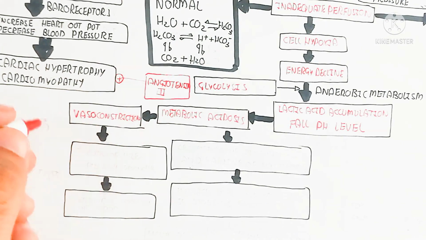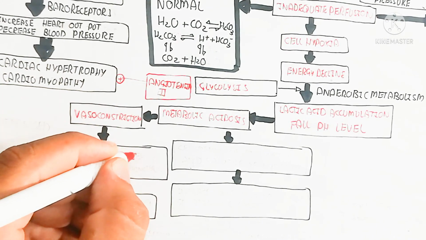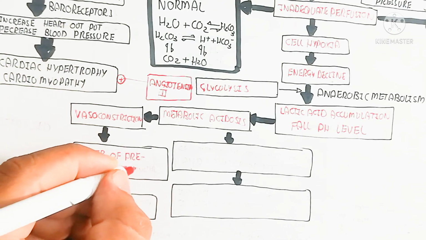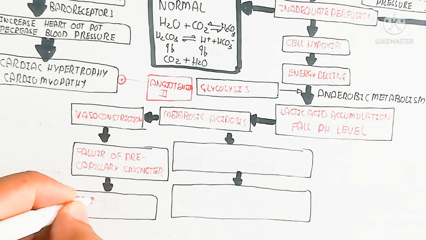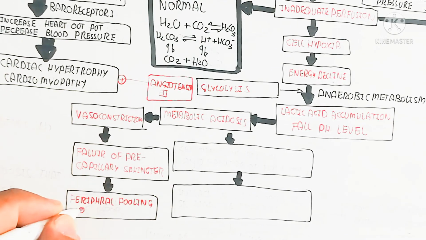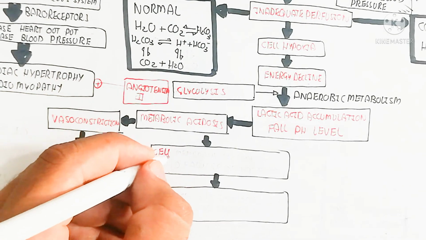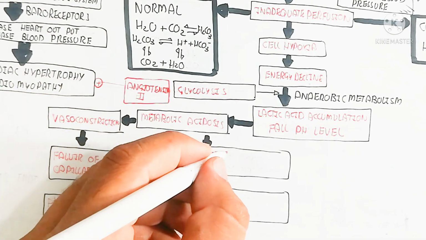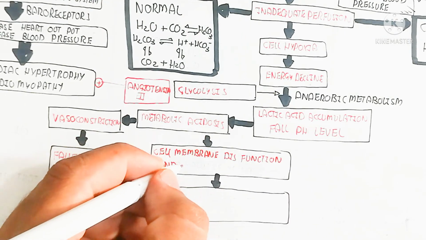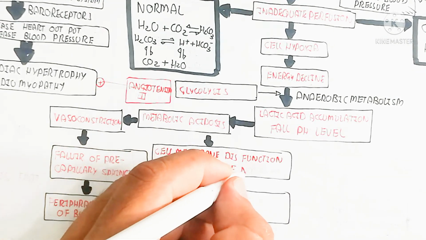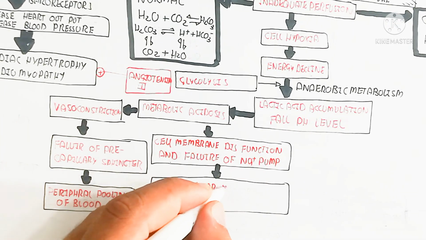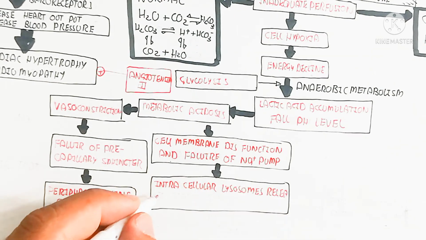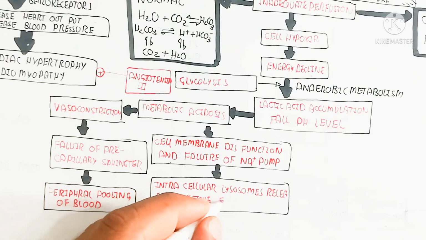But here the metabolic acidosis will lead to vasoconstriction also, and endothelial dysfunction and failure of the precapillary sphincter, and peripheral pooling of blood will increase. On the other hand, the metabolic acidosis will lead to cell membrane dysfunction and failure of the sodium pump. In this way, the sodium will not move out, and the retention of sodium in the cell will lead to cellular edema. And this cellular edema will cause intracellular lysosomes to release digestive enzymes